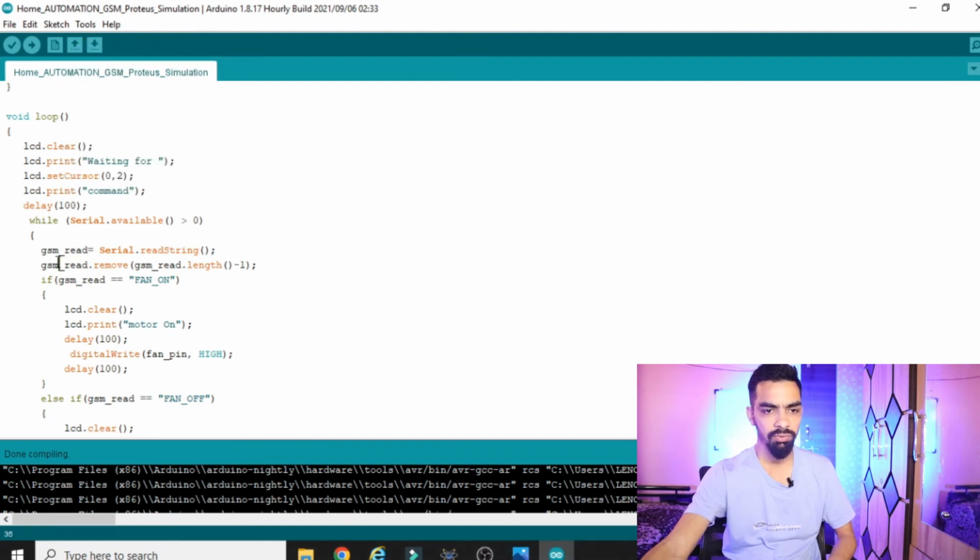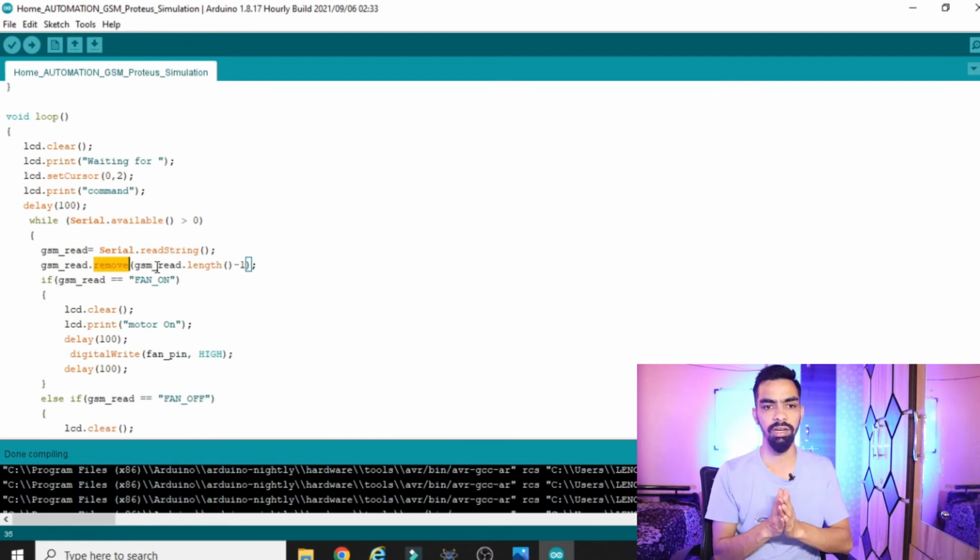Then after that there is a variable, GSM read remove. So when the message is received by the GSM model, let's say it is "fan on", so it is 6 characters, fan underscore on. But as per the basic rule, whenever there is a string, it will have one extra character, a null character, at the end. So to remove that null character at the end, we have to use this function, GSM read remove